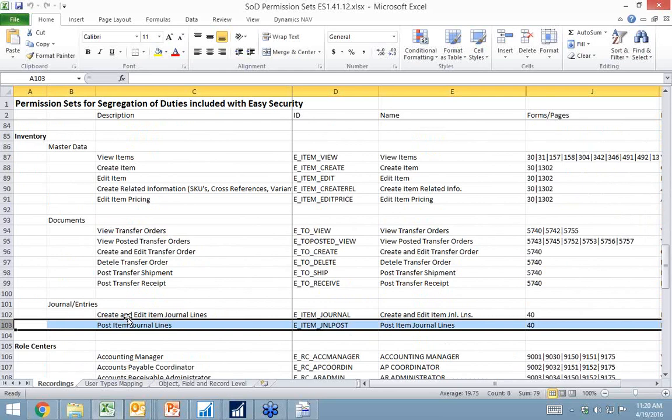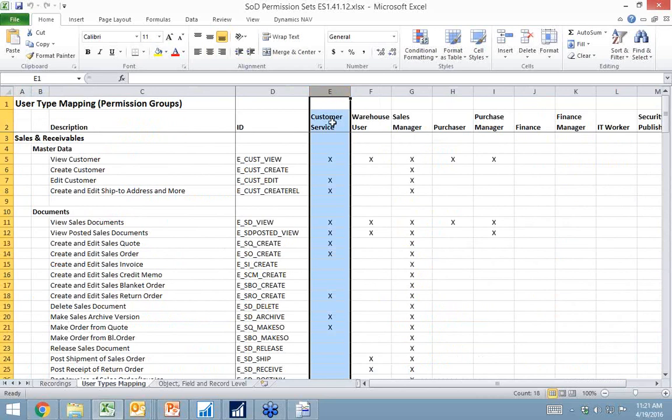And especially when you look at segregation of duties, that's a part where auditors are really picky because money is involved. And in this way, you have the core part of the application covered, and you can use either the permission sets from Microsoft or record additional ones if you use more parts of the application. As you have these very small tasks, you can now go in and say, what should our customer service do? And an auditor or a manager can easily make this decision now, because each of these ones really only allow you to do one task in NAV.